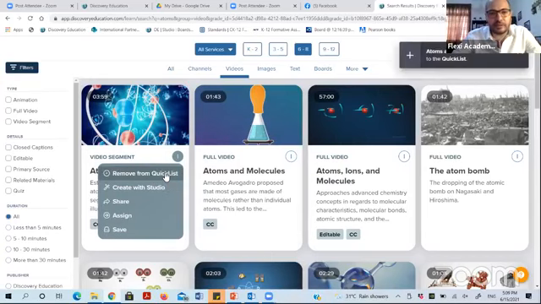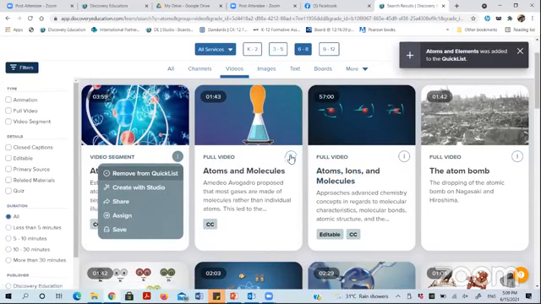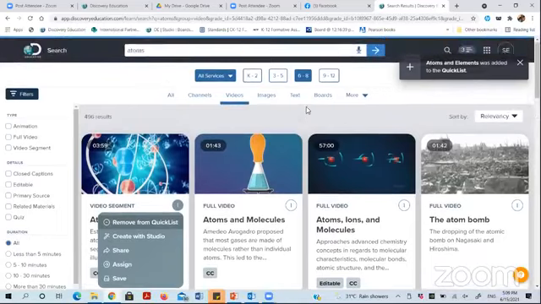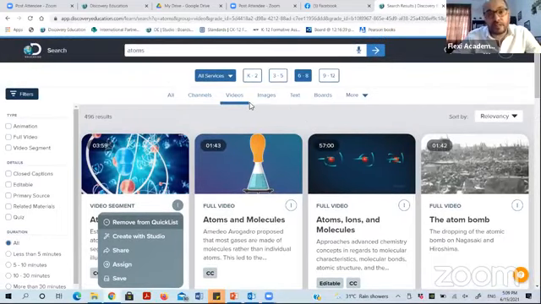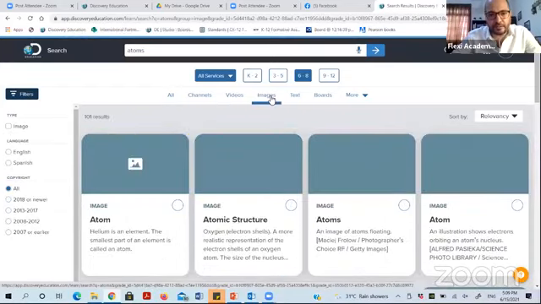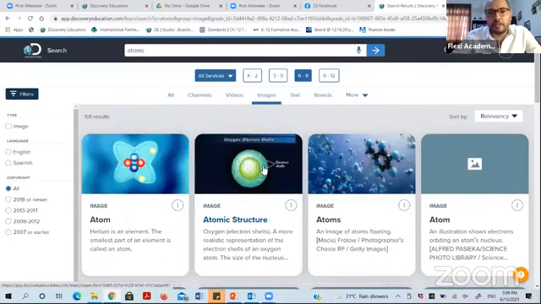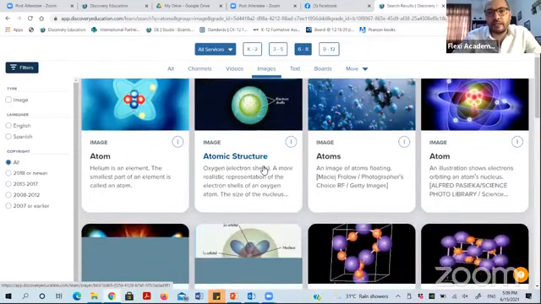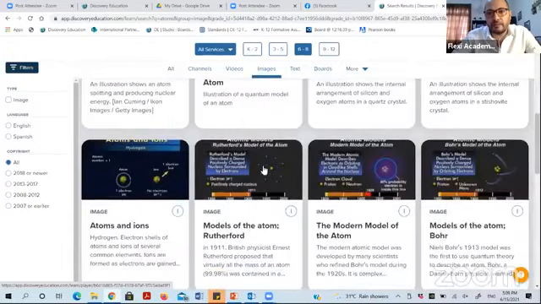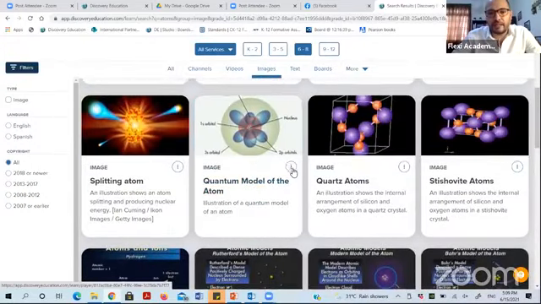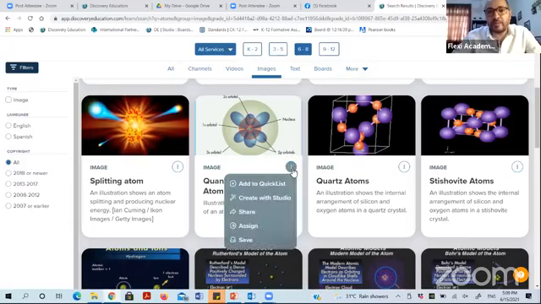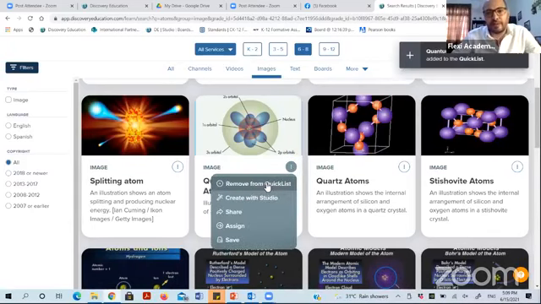Add this resource to quick list. And also, not only videos, now we are talking about a visual student, so we can use images for that particular student, so that we can use these also, the tons of resources that we are going to provide the student, but actually the teacher is going only to choose this particular image,